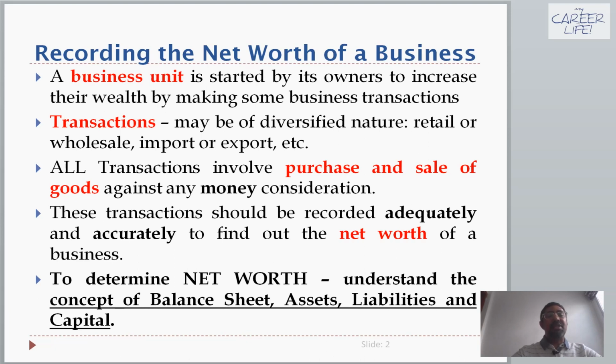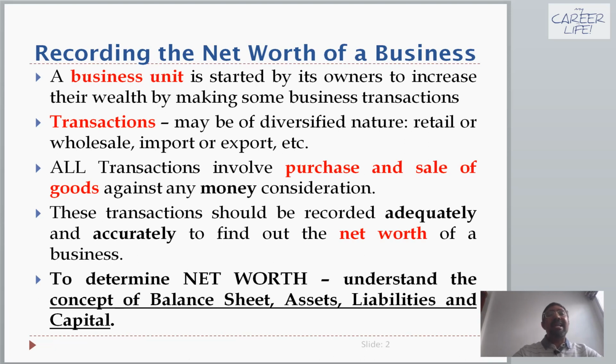the business transactions. Then we also saw that transactions may be of diversified nature. We have retail transactions, we have wholesale transactions, we have import transactions, we have export transactions. So all these transactions involve purchase and sale of goods against any money consideration. So it is very important that these transactions are recorded adequately and accurately to find the net worth of any business. Now, to determine the net worth of a business, we need to understand the concept of the balance sheet